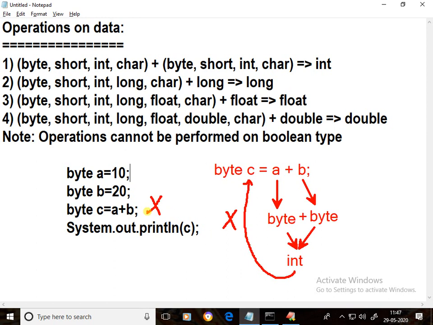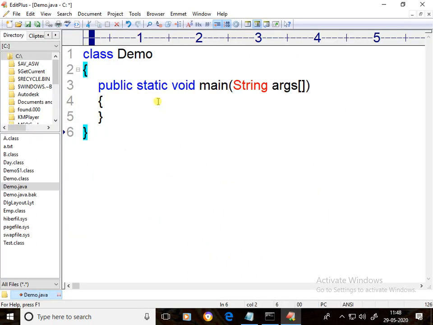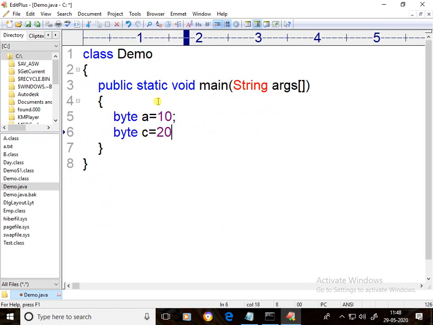About type conversions, in a previous video I explained. If you watch that video, you will get more clarity on this video. If I compile and run this code snippet, we'll get an error. I'll show you in a program. Byte a equal to 10, byte b equal to 20, byte c equal to a plus b.